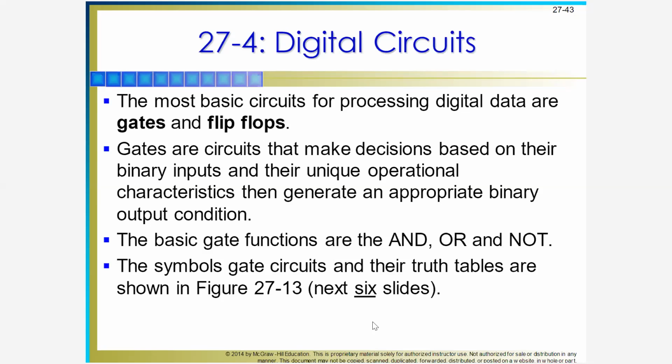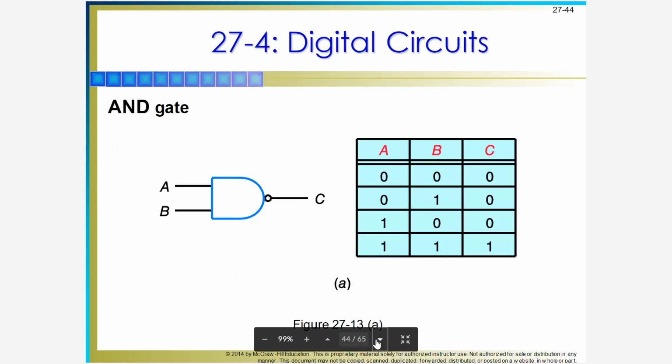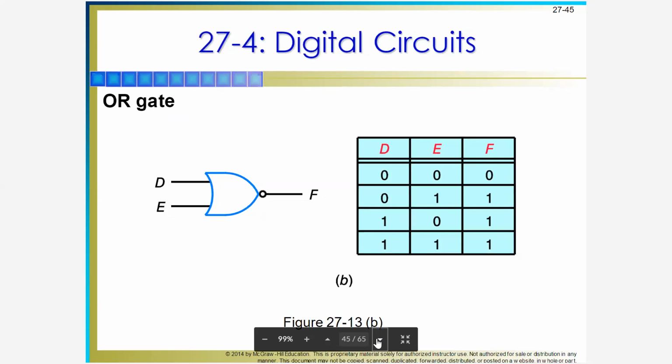Next we have, okay, I will not discuss this anymore. It's a part of logic. I just only summarize this one. AND gate means multiply A times B, okay, 0 times 0 is 0. Then it will have an output of 1 for 1 times 1, okay? Next, OR gate means you just add. 0 plus 0 is 0, then it will only have 0. As long as it has 1, it will become 1 because it's addition. 0 plus 1 is 1, 1 plus 0 is 1, 1 plus 1 is 1, okay?